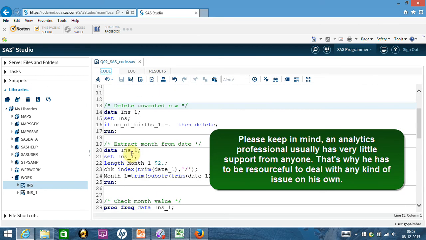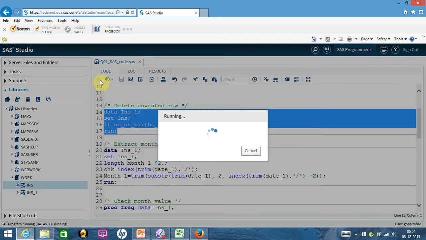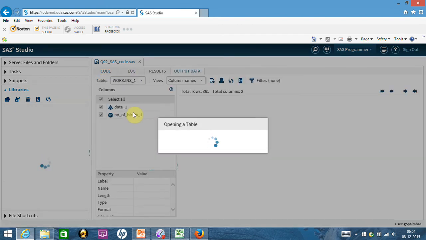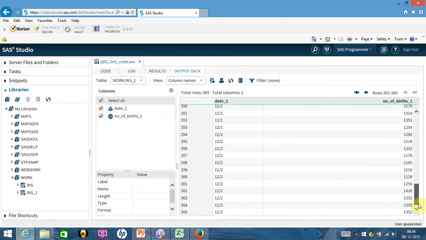So what we can do is delete the unwanted row: if number of births underscore 1 equal to dot, meaning missing, then delete it, which will delete the unwanted row. So now INS underscore 1 should have just 365 rows, correct? And now if you go to the bottom, you won't find any issue here.